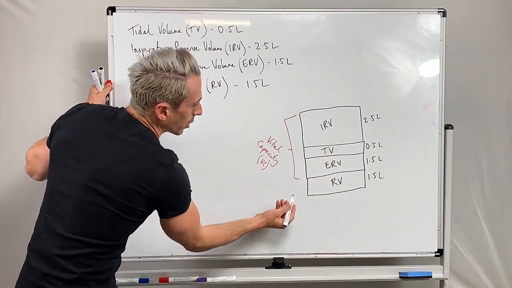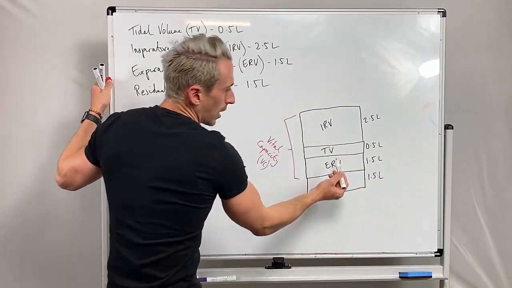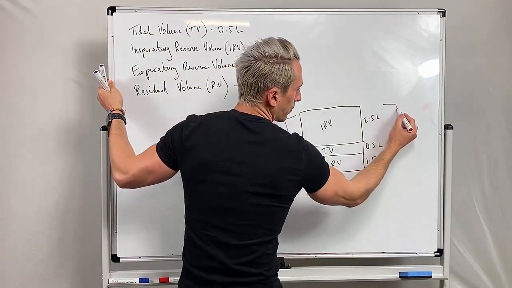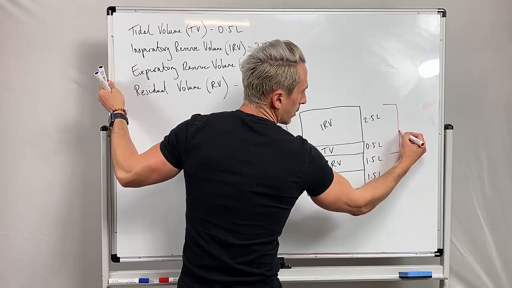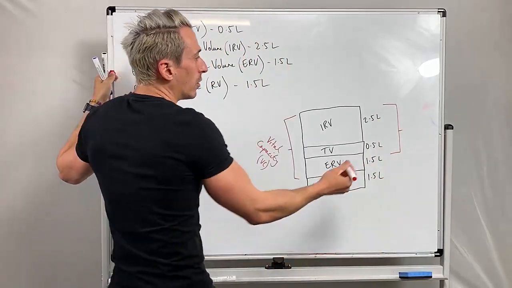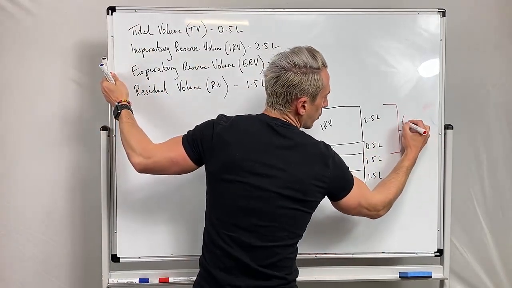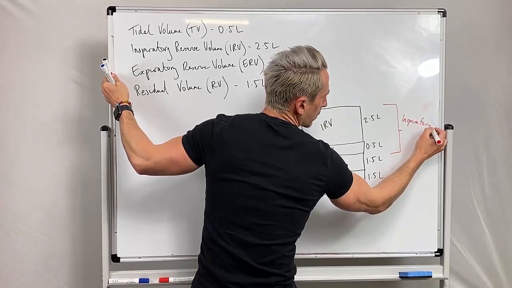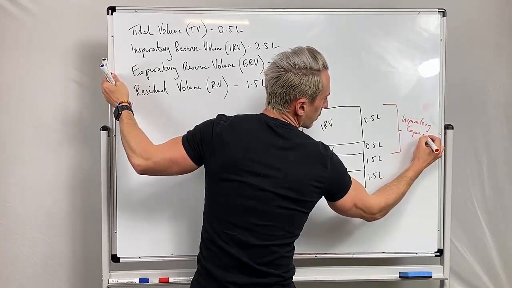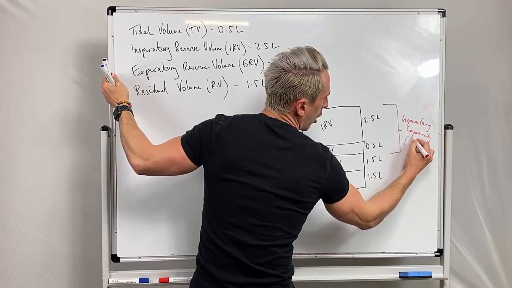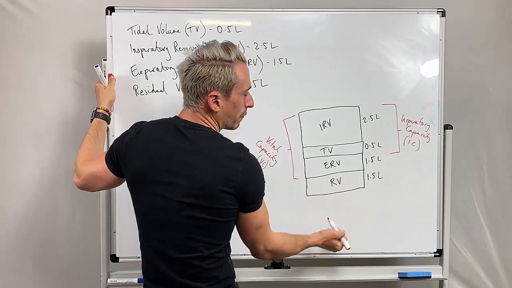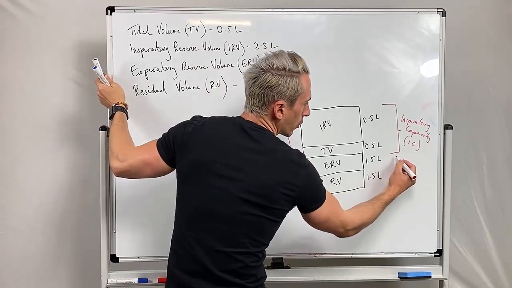Now, we can also add the inspiratory reserve volume and tidal volume together. And this is what we call our inspiratory capacity. So our IC. And we've also got the amount of air that we can forcefully exhale and our residual volume,